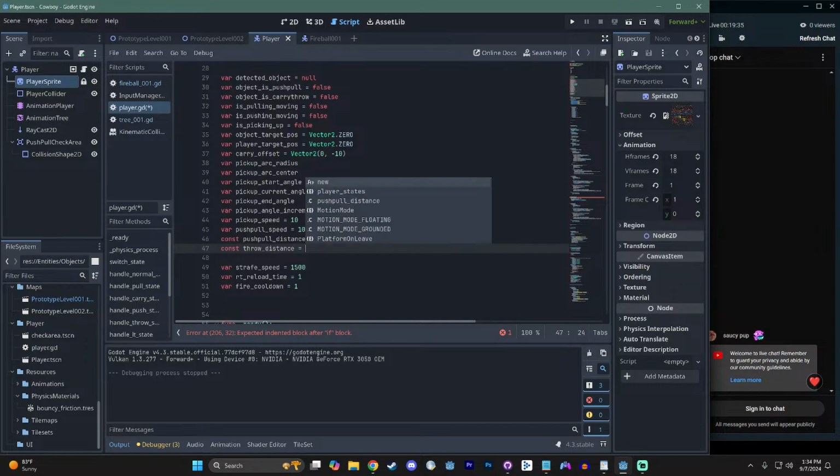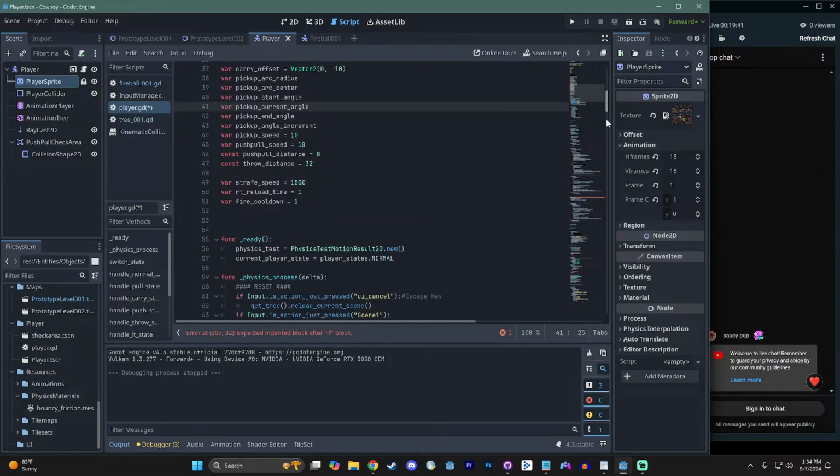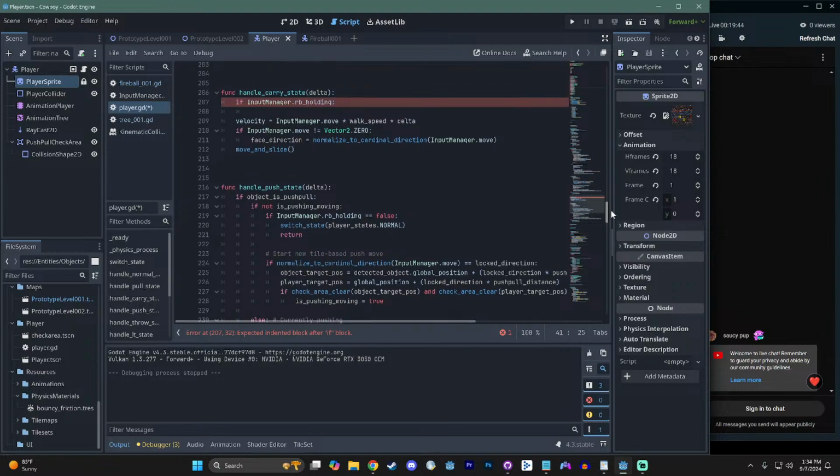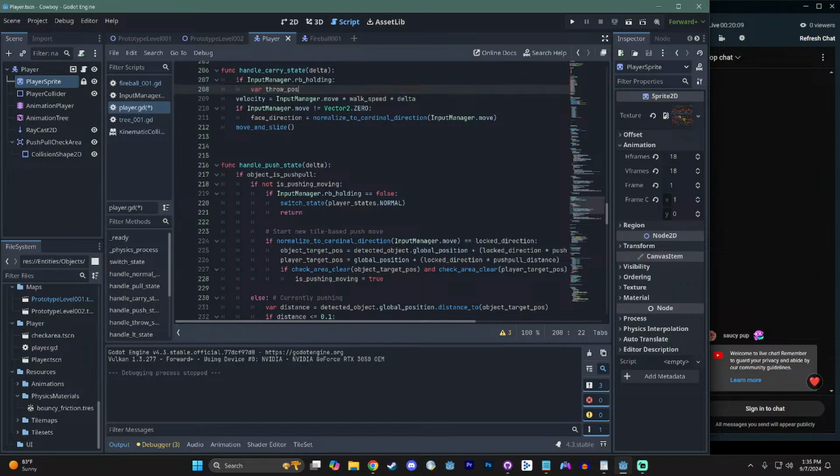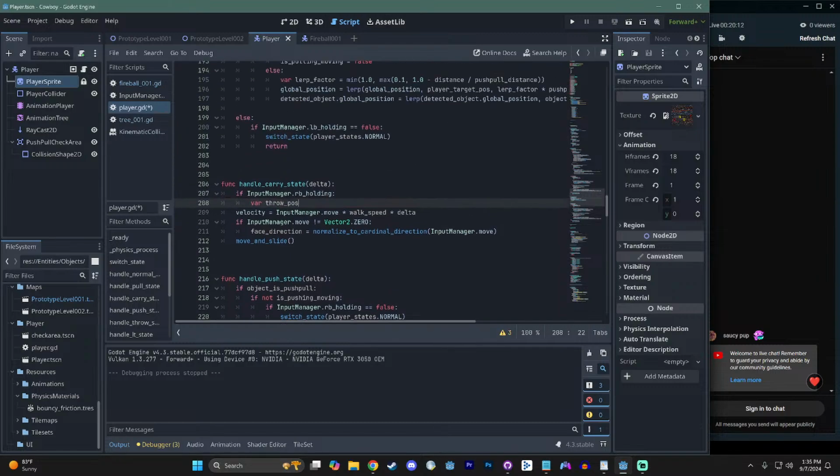And let's say this is 2 tiles, so that would be 32. So we will create a variable which is throw position. I think I'm using pause in other places, so we'll just call it that. Throw pause is going to be